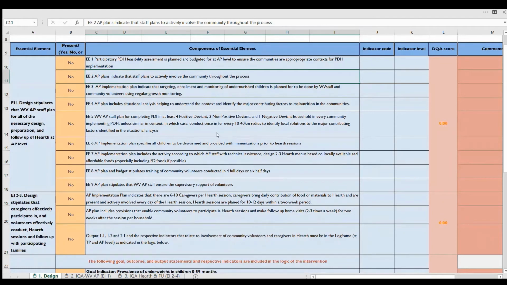Let's move on and see how we insert the information or how we select the scores. We have in the first column the essential elements, and then you have if it's present or not, and then here you have the components of essential elements that you will be entering the score, or if it's present or not. For the sake of time, we are going to go through only the first